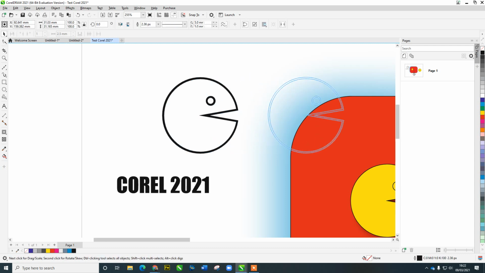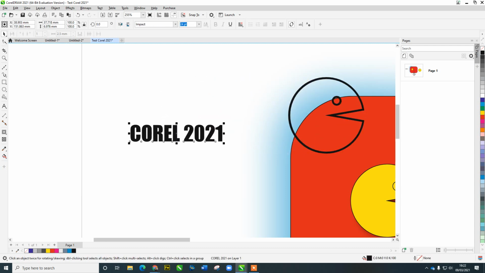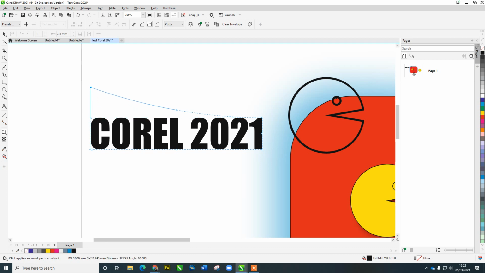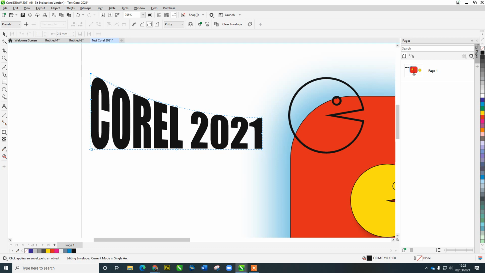Let's move Pac-Man out of the way. Let's just say I want to make this like, let me show you, something like this. Let's give it a bit of an angle. So let's drag this one and this one up. So I'm going to lift this right the way up here and right the way down there. So you can see, you get some really good